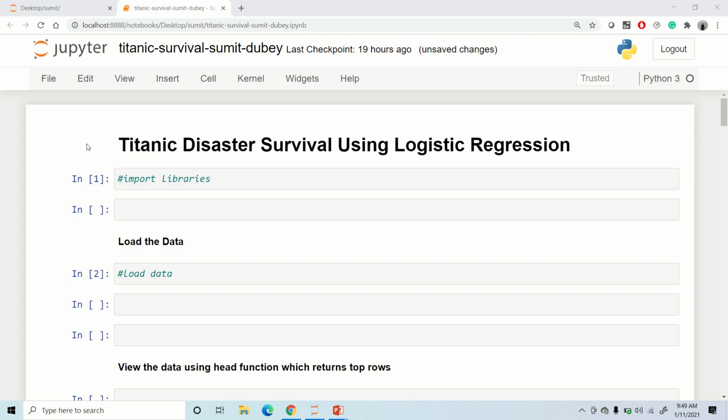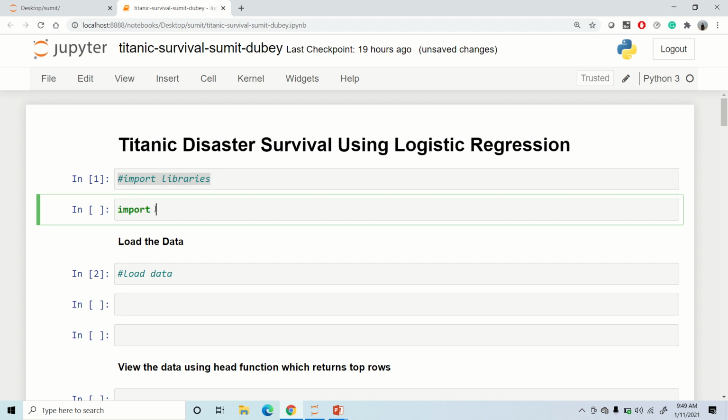You can see I have added some headings and some comments for the code which I am going to write now. I have not written any code actually, so these comments and headings are just for making the session easier, so that it will be easy to understand the code. First of all, we're going to import some libraries, and whenever we are doing any sort of machine learning project, I recommend you import these libraries blindly, because these are mostly used in any machine learning project.